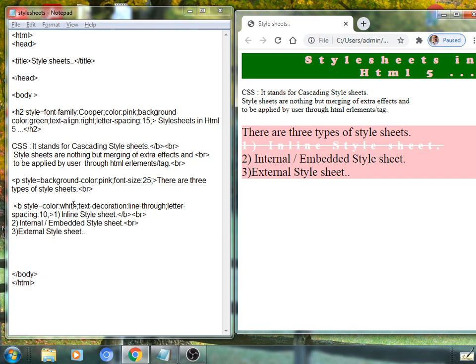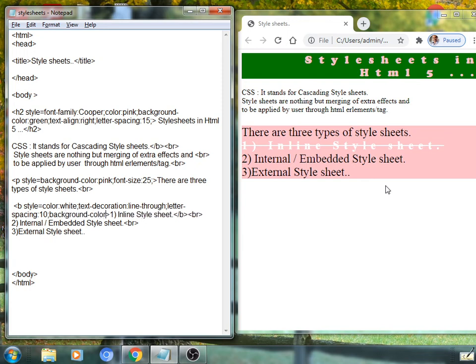So it's more interesting. You can also apply a background color for the text, it is possible. Background-color, I have given the value blue.